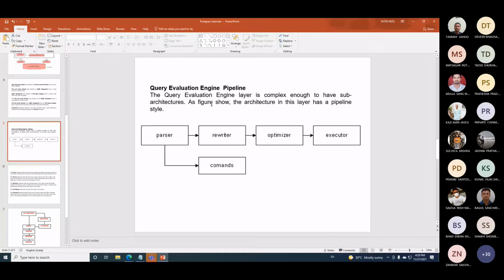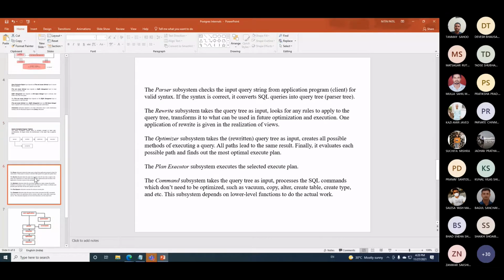How? Let us see. So this page you can read for what exactly they do. You can go through it. You can take a screenshot and keep it with you right now, because we are going to refer to these pages later.